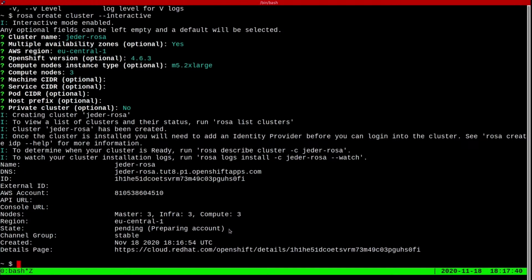One of them is preparing the AWS account. We also allocate a Route 53 DNS zone for the cluster, and we're preparing that with all of the scaffolding. And okay, so that is the cluster that's currently being deployed. The rest of these fields will be filled in as the cluster is deployed.